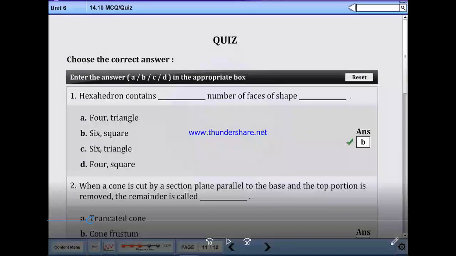Hexahedron contains dash number of faces of shape. That is, a hexahedron contains 6 faces of shape square. When a cone is cut by a section plane parallel to the base and the top portion is removed, then what is it called?